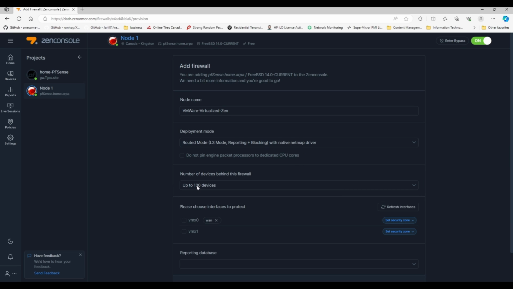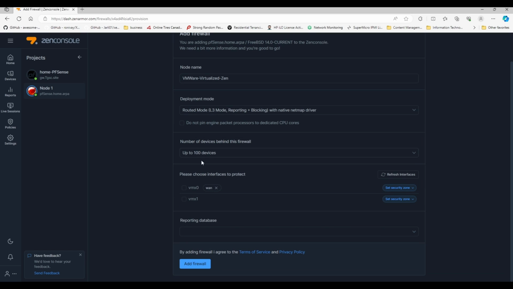emulated netmap driver. In the devices behind a firewall, it doesn't really matter what you select, because all that matters is what you're going to be selecting under the reporting database. If you select SQLite, you can only manage up to 100 devices anyways. But if you select Elasticsearch, that limit disappears, and the option of number of devices behind this firewall kind of